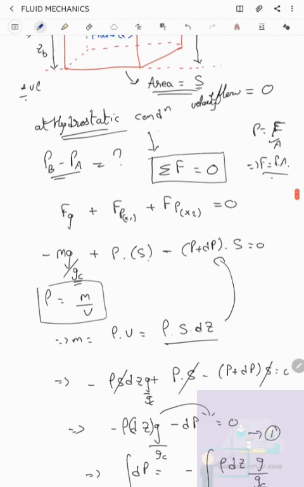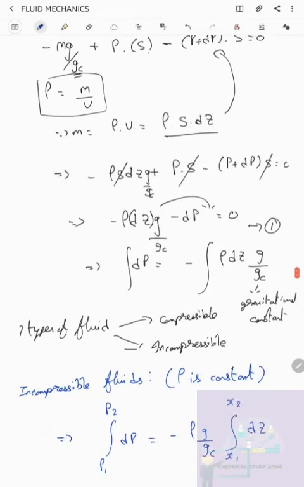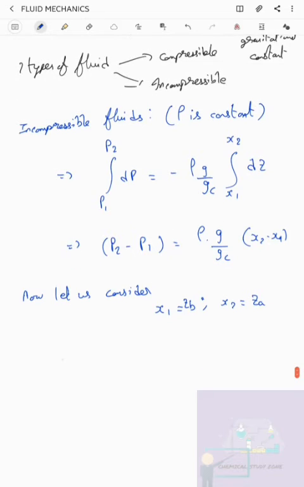Then we can get the pressure difference between these 2 points a and b. That means the pressure at point x1 will be pb and the pressure at point x2 is pa. So we will get pb minus pa equals density into g by gc into